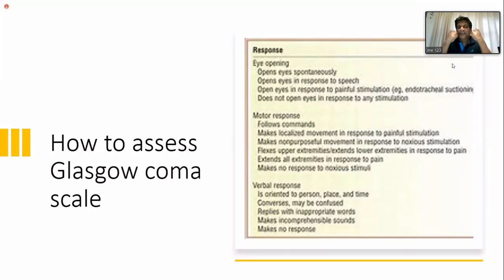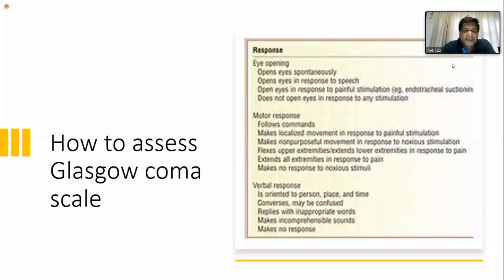Decorticate position like that, right? Flexes like that. Then you give it 3 marks. And when you give painful stimuli, if it extends like that, not flex, limbs are extended, then you give it 2. No response, you give it 1. So you give a score according to the motor response, and then you have the verbal response,